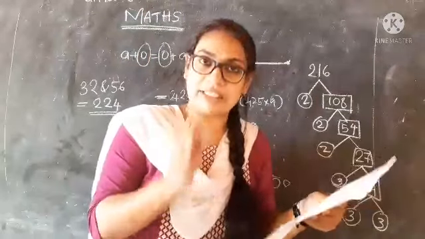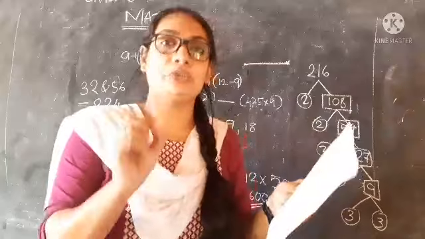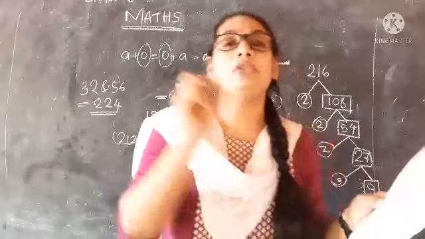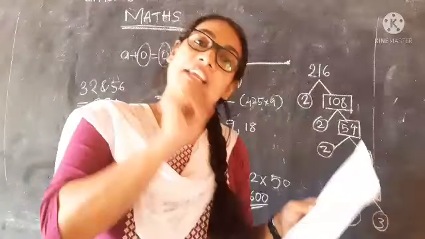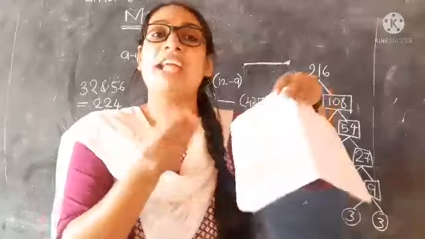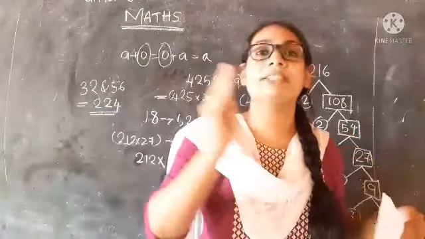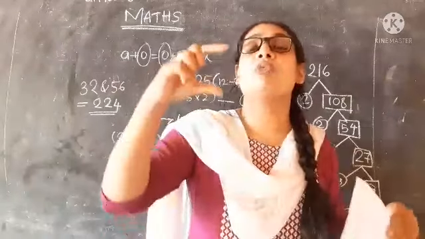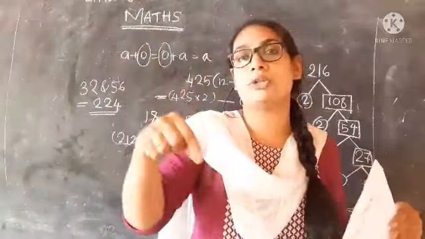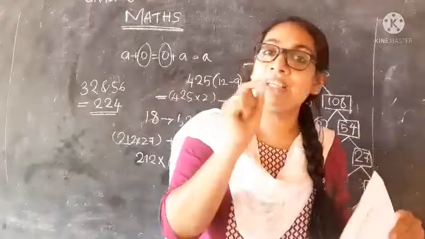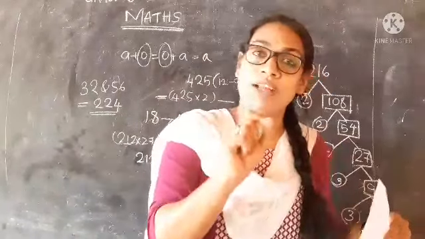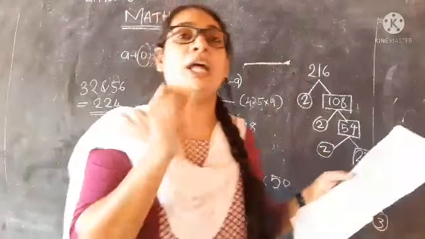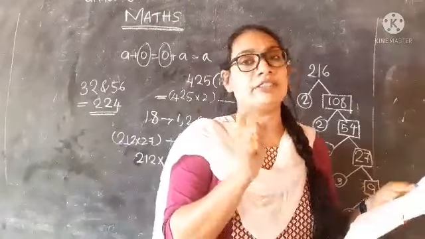For checking the divisibility by 11, first you need to find the sum of digits in the odd numbered places. Then you find the sum of digits in the even numbered places. So you get two sums. Now find the difference between the two sums. If the obtained difference is a multiple of 11, the given big number is a multiple of 11. That is the way we check the divisibility by 11.